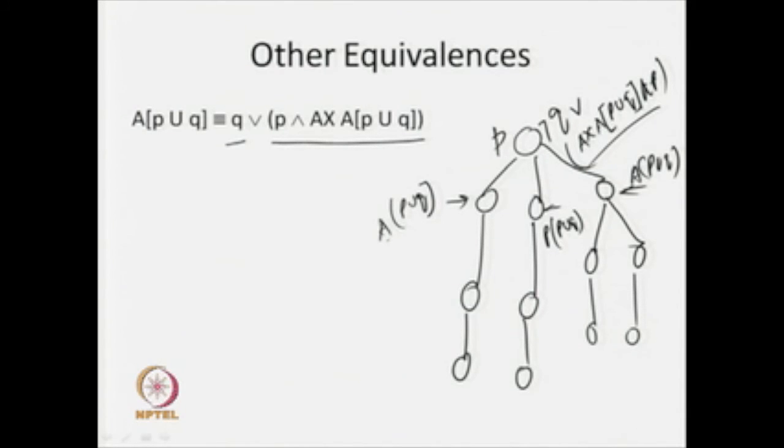Now, when I look for whether A P until Q is true in this step, again I look at these two conditions. First check whether Q is true right there. If Q is not true, then I see whether P is true here. If P is true, then I see whether in the next step A P until Q is true. So, this is another equivalence, where A P until Q is expressed in terms of A P until Q along with the A X operator. Similarly, we get E P until Q. In this case, instead of looking at all possible paths, we are concerned with any path. If this happens on one particular path, we say that E P until Q is true in that state.